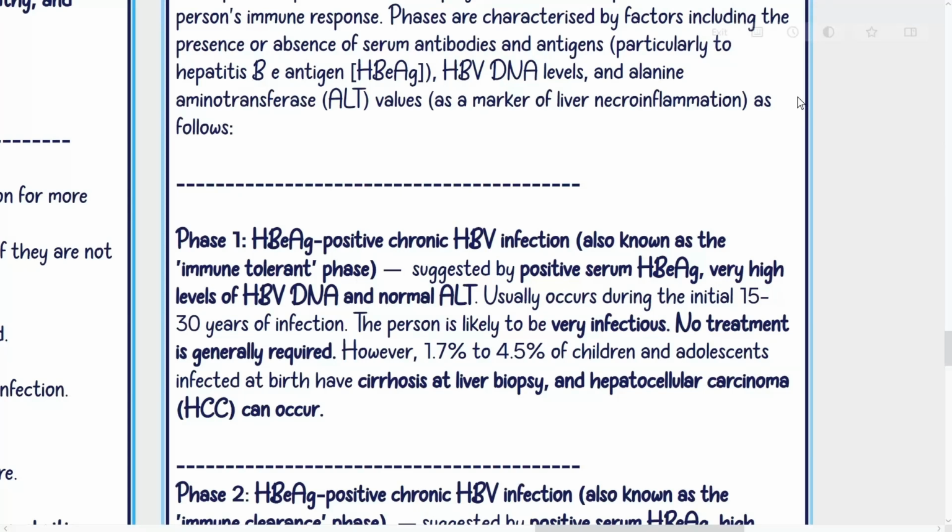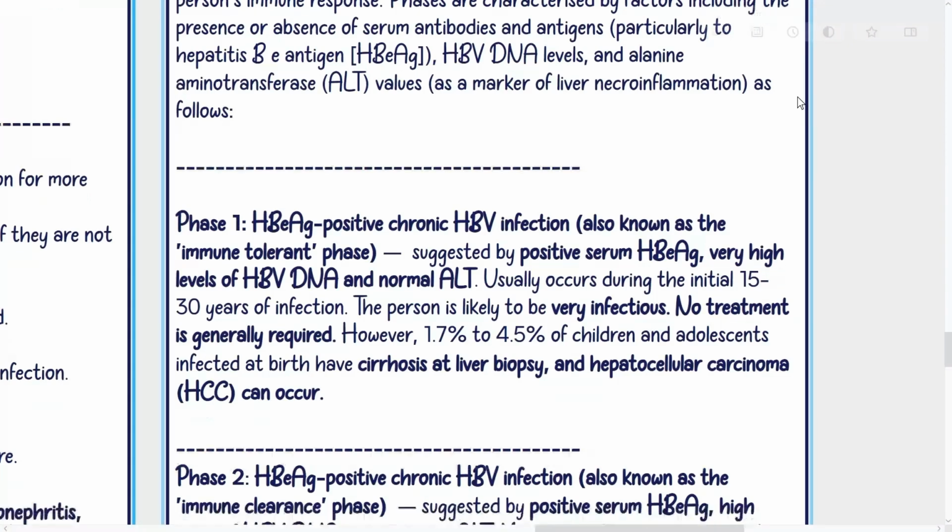Phase 1. Hepatitis B e antigen positive chronic HBV infection, also known as the immune tolerant phase, suggested by a positive serum hepatitis B e antigen, high levels of HBV DNA, and normal ALT. It usually occurs during the initial 15 to 30 years of infection. The person is likely to be very infectious. No treatment is generally required. However, 1.7% to 4.5% of children and adolescents infected at birth have cirrhosis at liver biopsy, and hepatocellular carcinoma, HCC,